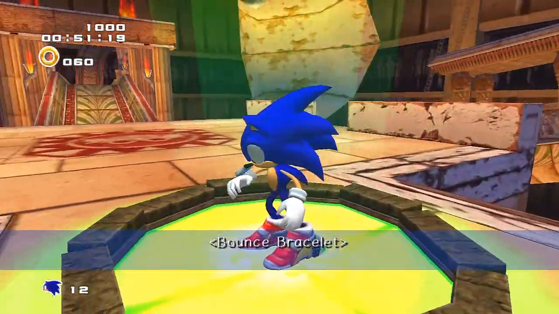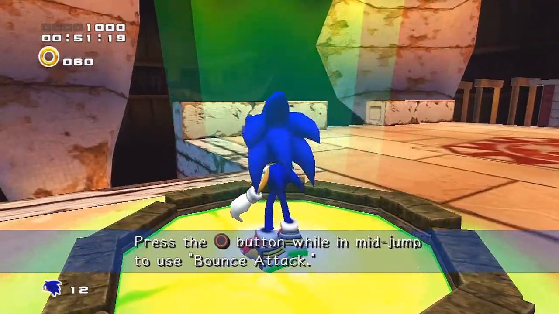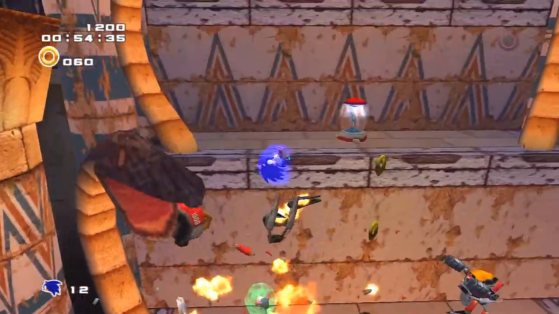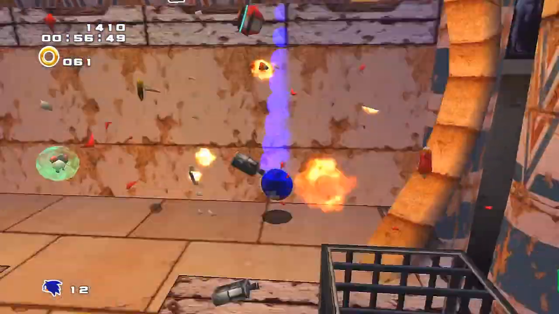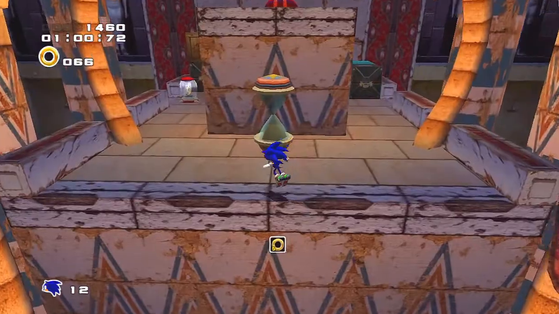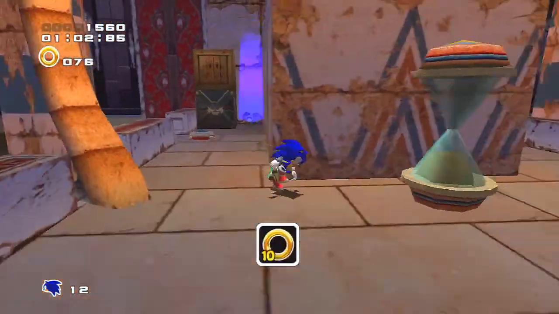Hey, look at that. We got the bounce bracelet. And let's press the square button while in mid-jump. We can use the bounce attack. Now, one interesting thing to note is this is actually an upgrade. Wow. Actually an upgrade. See, it makes me bounce. I can get to higher places this way. First of all, you can kind of glitch out with this upgrade, but